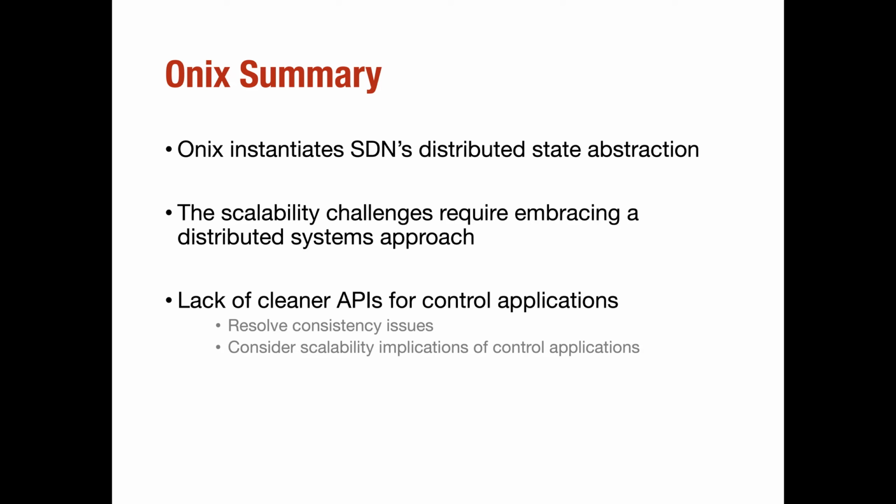That's something that comes into the picture when we talk about these networks in general: networks are all about distributed state. Now the question is, what is the right abstraction that we offer such that we can simplify the management or control of these devices? Whatever Onyx is offering in terms of APIs, it is okay. It is good for the time, and it is good for the requirements at that time. But we will discuss as we move forward that some of these problems didn't bode well as the requirements changed, and then they had to be resolved as we move further.